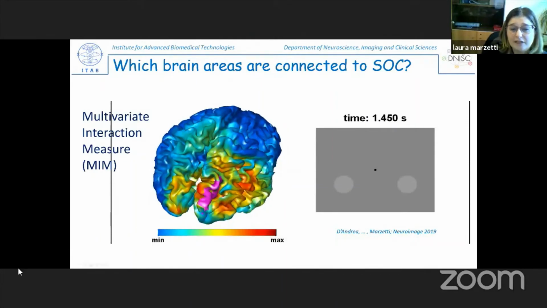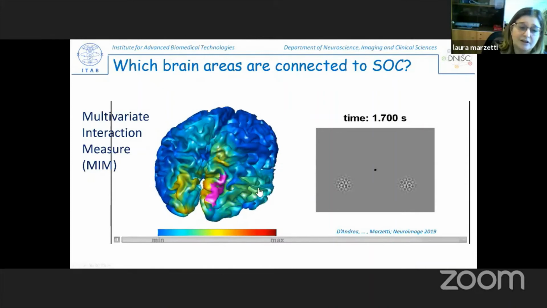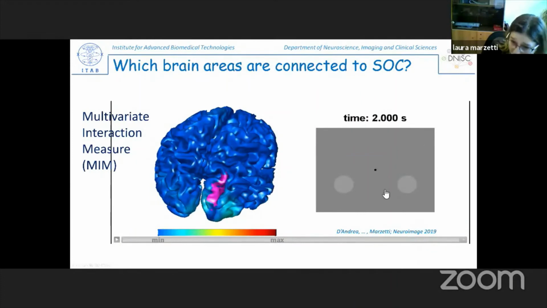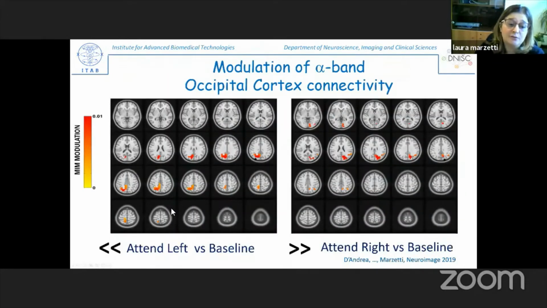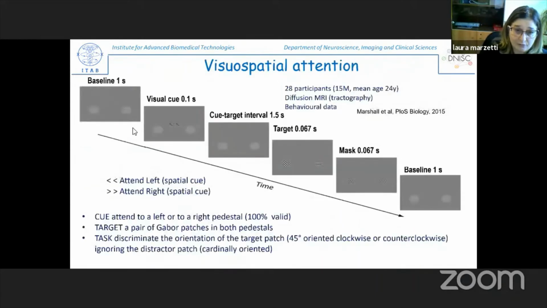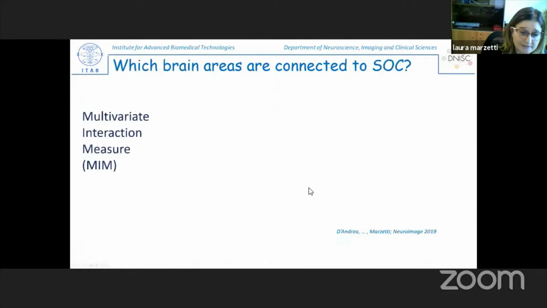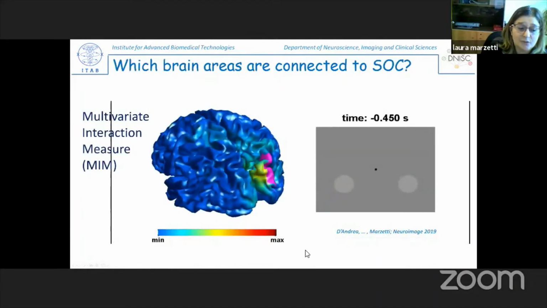So, okay, you can already see that there is some involvement of the occipital and of the parietal areas, and this involvement seems to be specific depending on the phase of the task in which you are engaged at the moment. So if you consider the whole period, sorry, I go back for 1 second, which is the one between the visual cue presentation and the target presentation, what is usually called the cue-target interval, in which the alpha power modulation is usually observed. Then you see